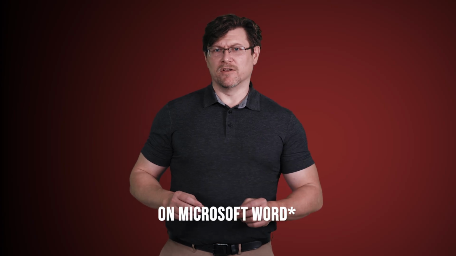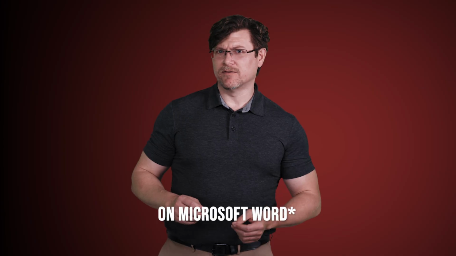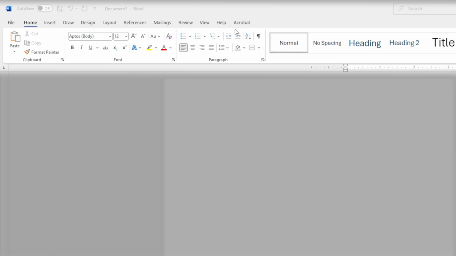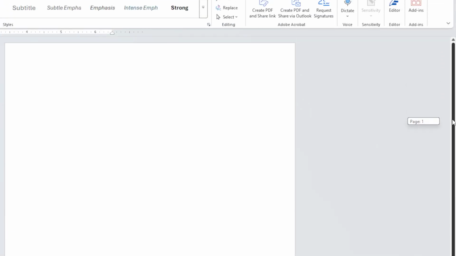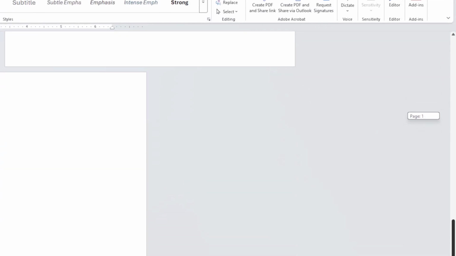Our blank Word document will look something like this. At the top, we have menus and ribbon. If we look at the right, we have a bar for scrolling the page up and down when there's more on the page than can be shown at one time. If your document is also wider than the app window, there will be a similar bar at the bottom of the screen so you can move the page left and right. Also at the bottom of the screen, we have a few features we'll zoom in on real quick.